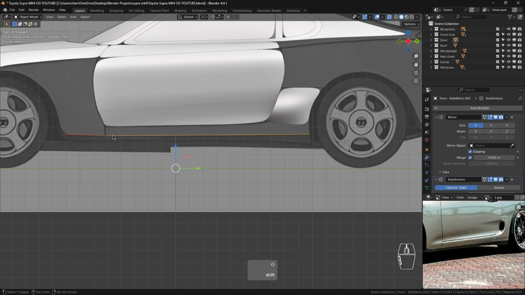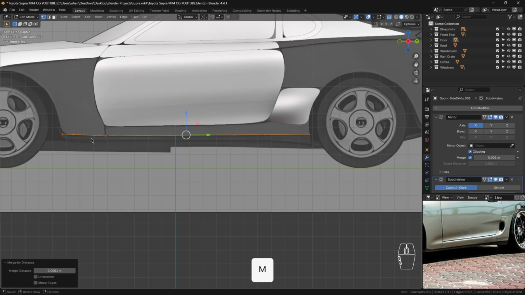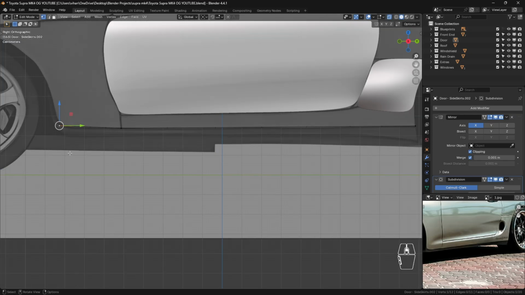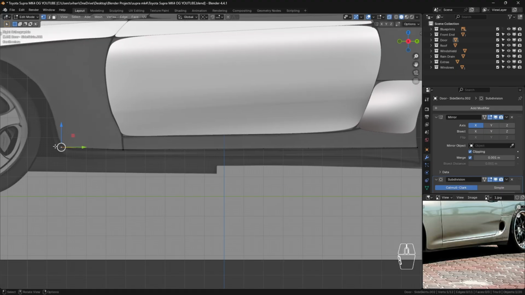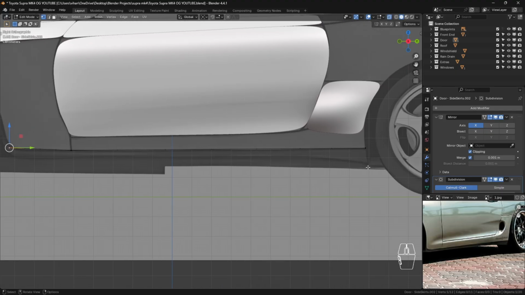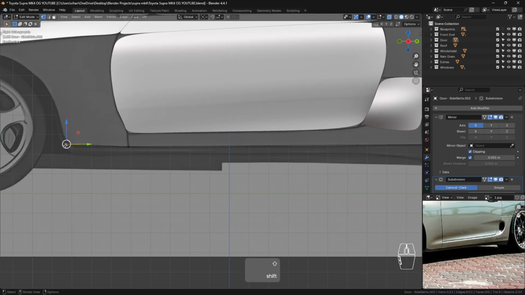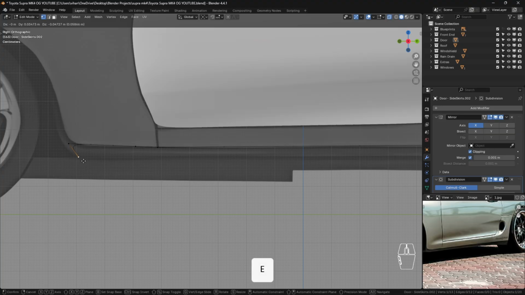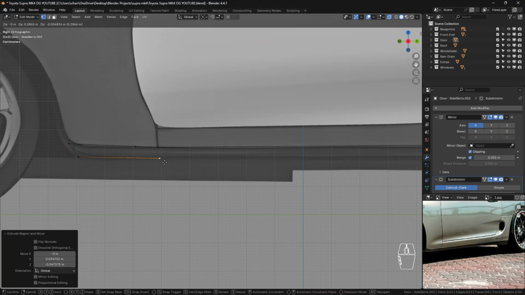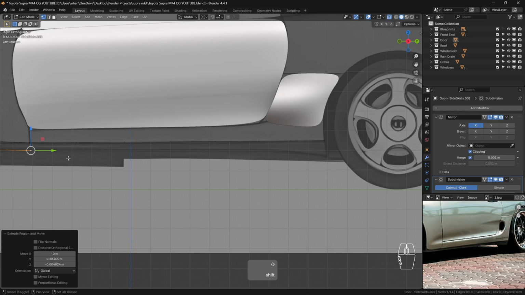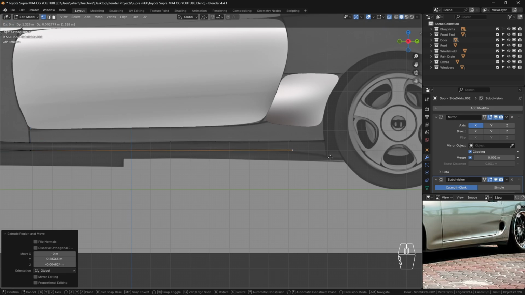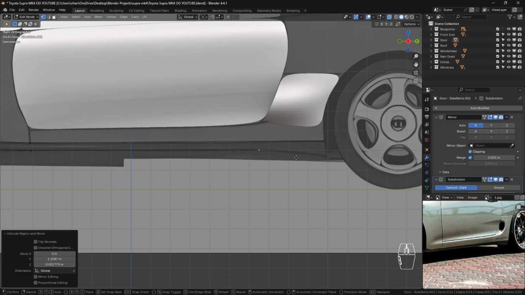And we're just gonna be joining both of these, alright? Control J, tab in, and just press M and merge by distance. That is gonna remove the common vertices we have. And now all we're gonna do is just trace this line right up till here, alright? Just trace it up till here. So to do that, all I need is E and my mouse, alright? We're just gonna be taking it here, and I'm gonna be adding all the extra points later on. So we have a part wherein it's dipping. I just add the little dip,